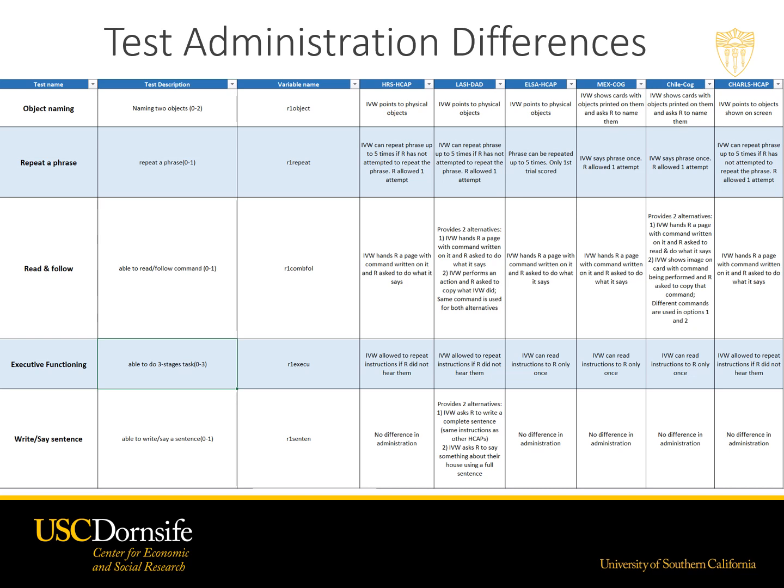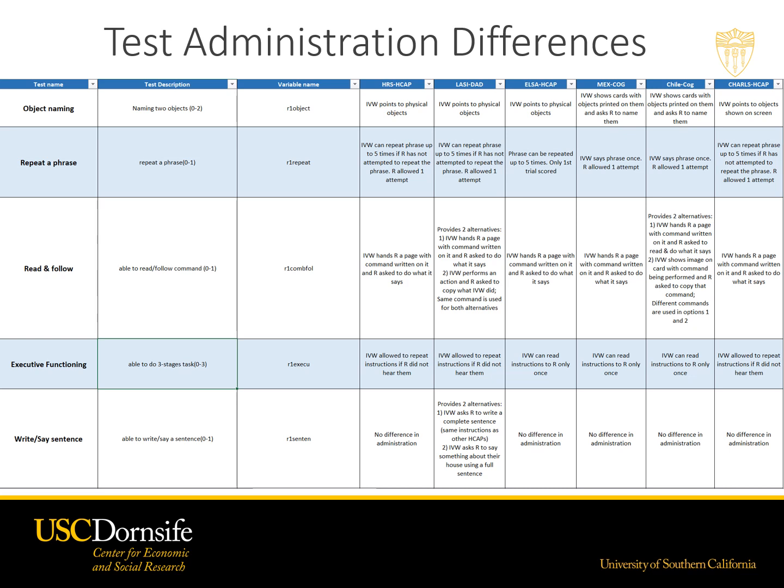Another table that we are currently working on for the Gateway to Global Aging Harmonization project is a table on the test administration differences in the cognitive tests. While studies may use the same cognitive tests, how they are administered to the respondents may differ, which can affect their comparability across studies. This table is still a work in progress, but the picture shown here indicates what it currently looks like. Like the HCAP comparison table, we list the test name, a brief test description, the harmonized variable names, and a brief description of the test administration differences for each study.